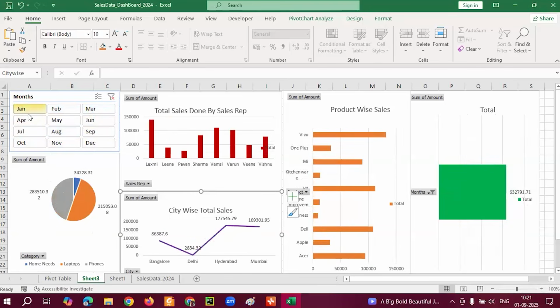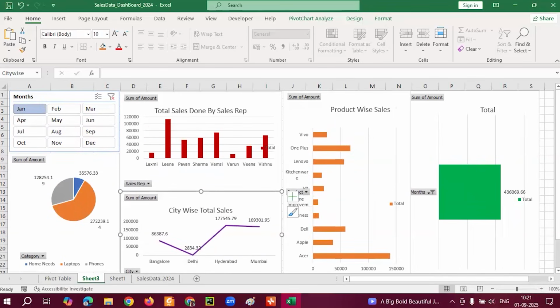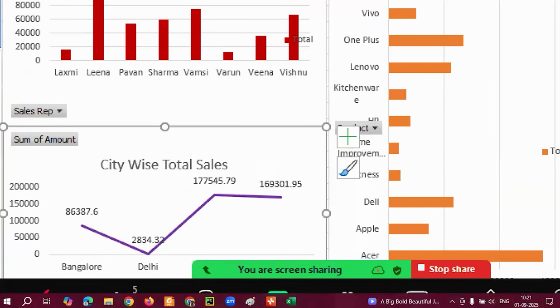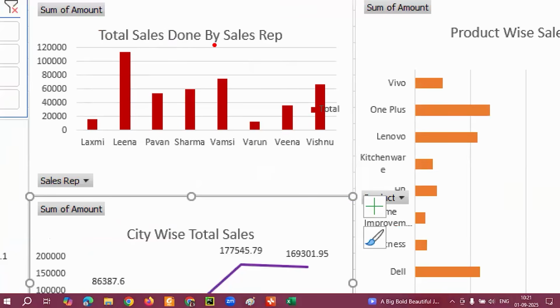For example, I selected the Jan month. Sir, I have the sales. I selected the Jan month. Okay, fine, good. If you focus clearly on the Jan month, tell me, guys, this is the total sales done by each sales representative. In every company, employees are there. What do we have to do? In order to encourage the employees, the management gives best performer of the month, best performer of the year. Even in cricket matches, what happens? Player of the match, we give some prizes. Now I want to give some award for the best performer.